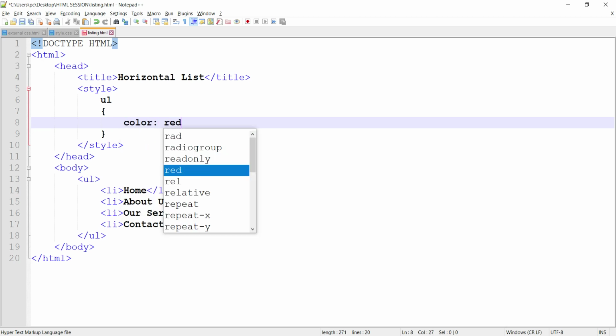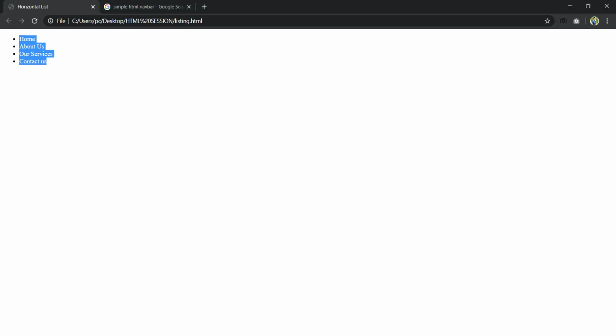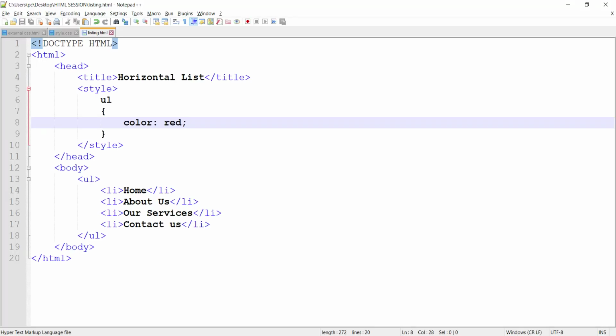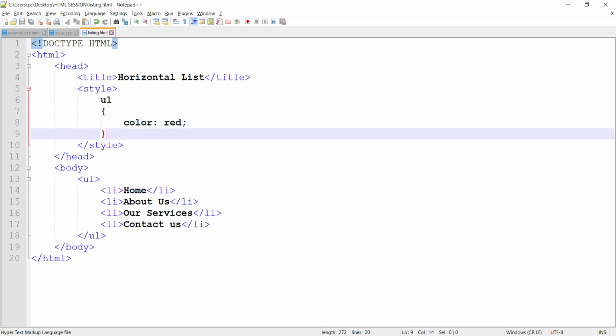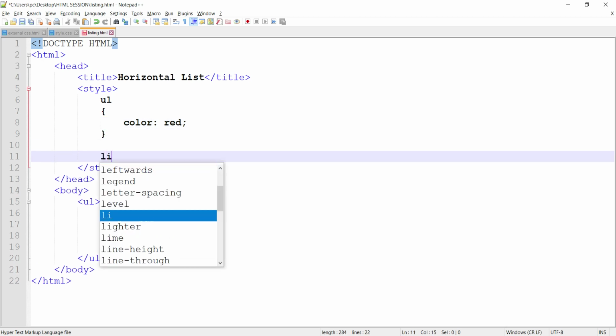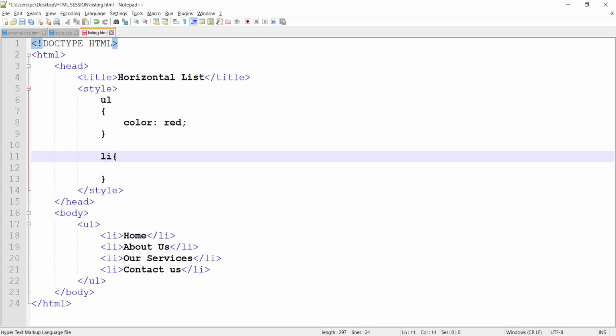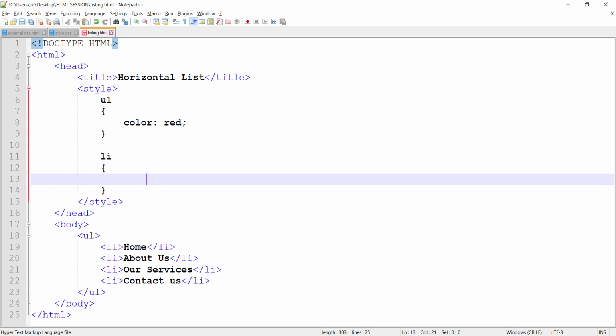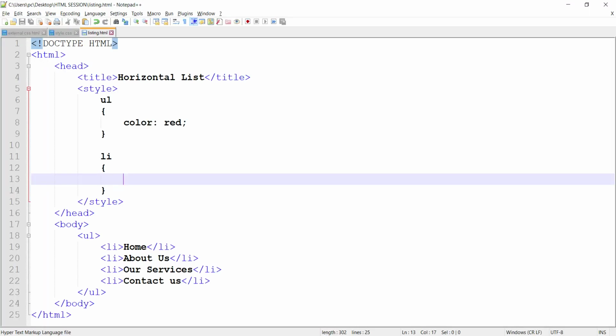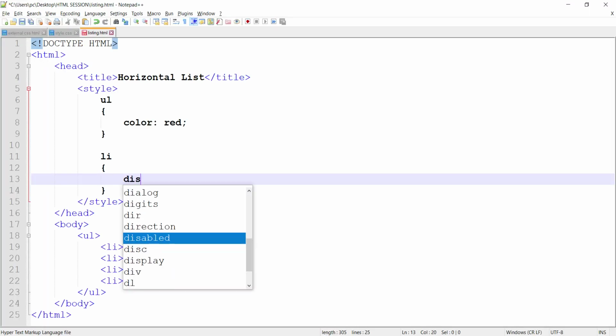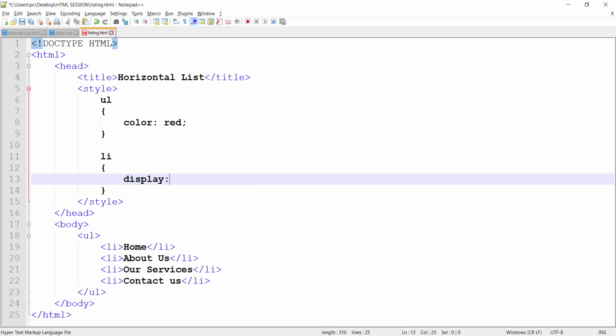Let me check whether it's working or not. Okay, we got our color. Before targeting UL, I would like to target LI first. In LI I want to show this as horizontal. So simple, you have to use display inline.